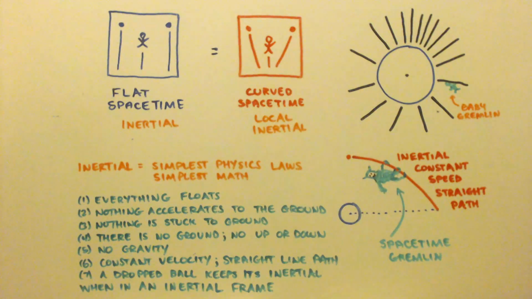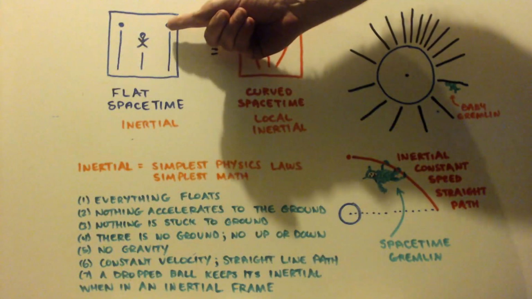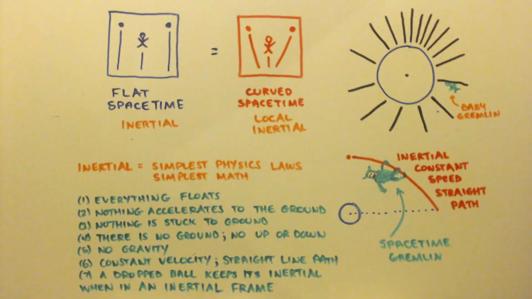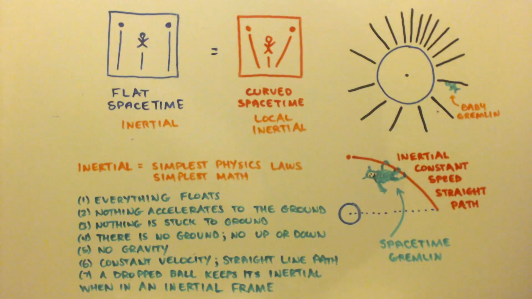Well, a regular inertial frame of reference is in flat space-time, where there's no planets. You're not in a gravitational field. You're just floating out in the vastness of space, and as you float through space, you can float forever. Your balls will always be moving this way, and you will be moving that way, and we'll all be moving in parallel line paths. Your paths will never cross. And that's what a regular inertial frame is.